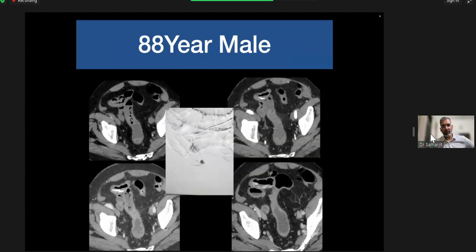And you can actually see blood in the plain scans going up till the colon. The patient was bleeding a lot. That's the bleeder extravasation, which is increased. And that's them going into that branch which I showed you with a microcatheter, going ahead and putting in glue. So again, with this 88-year-old male bleeding,